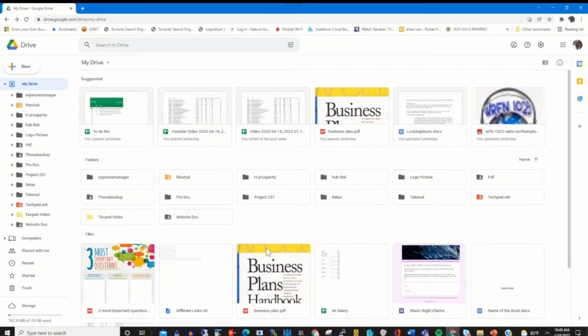Click on Chrome, then I log in to my Drive portal with my email and password. I'm already logged on to my Google Drive portal. This is the portal. So to create a folder, you right click an empty space, then click on New